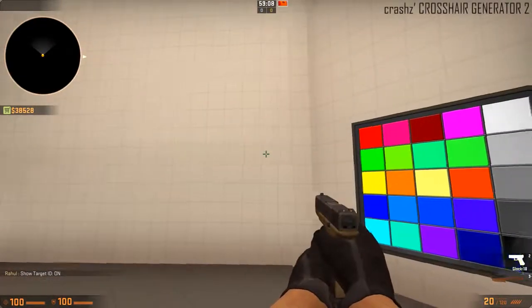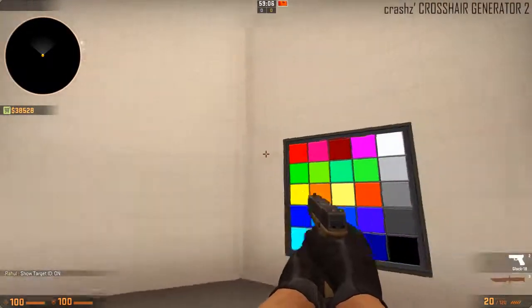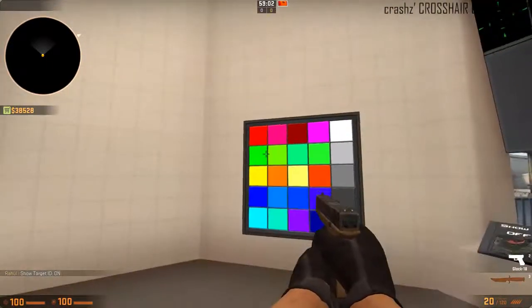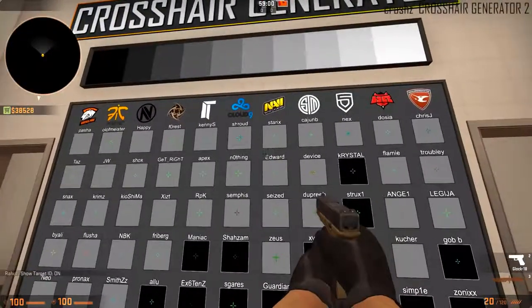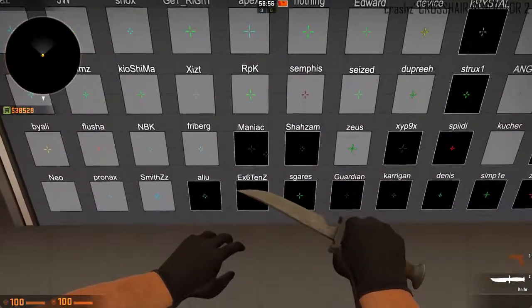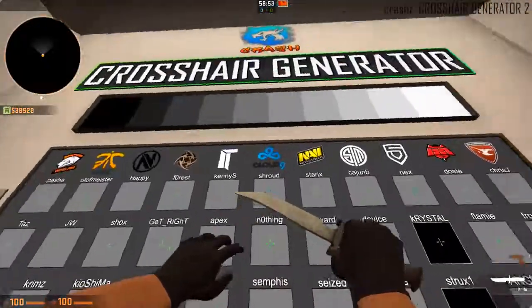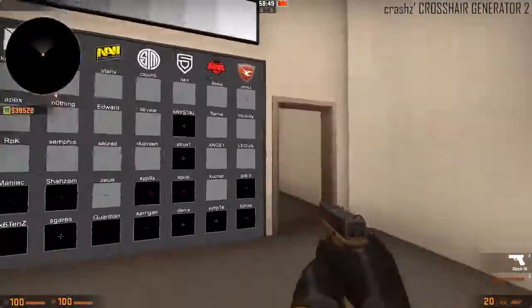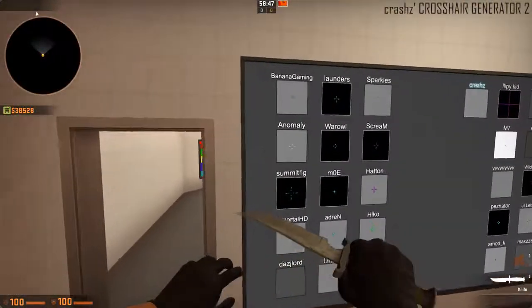The one which I like to use is that kind of lime green. Also, I like to have a little black outline around the crosshair. This just makes it visible in all kinds of situations, and I'm able to see what's going on and where. Now for the design, it's totally up to you. You can either just have a dot, or you can have the lines, or the lines with a dot, a square, just all different kinds of designs can be made, and you just got to try it out, see what